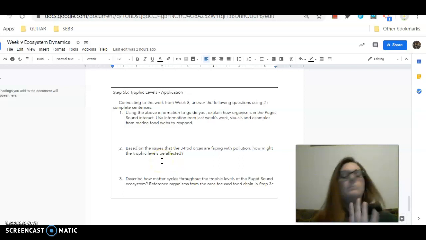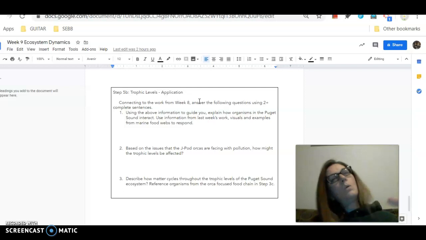Break them down, don't make them harder than they are. Simply think about, okay, so I understand the food web and I understand that all organisms eat. So let's think about week 8 and the orcas. So what's going on in the orcas'